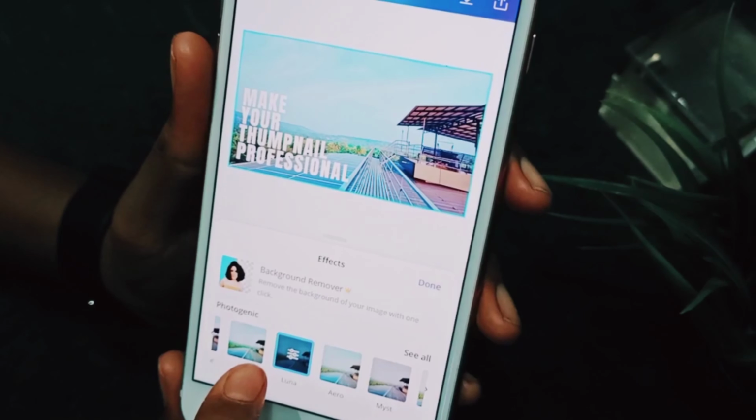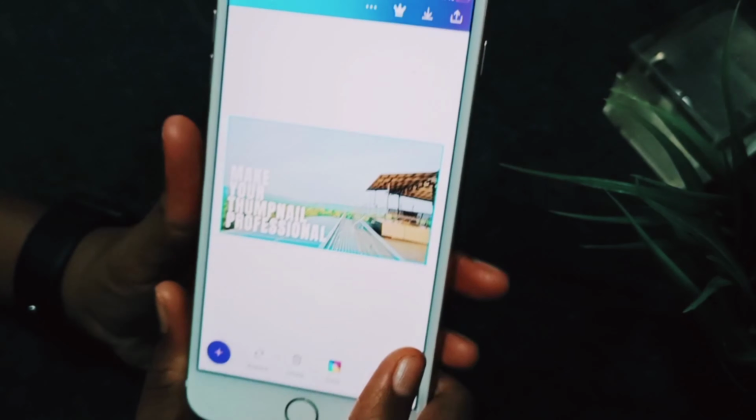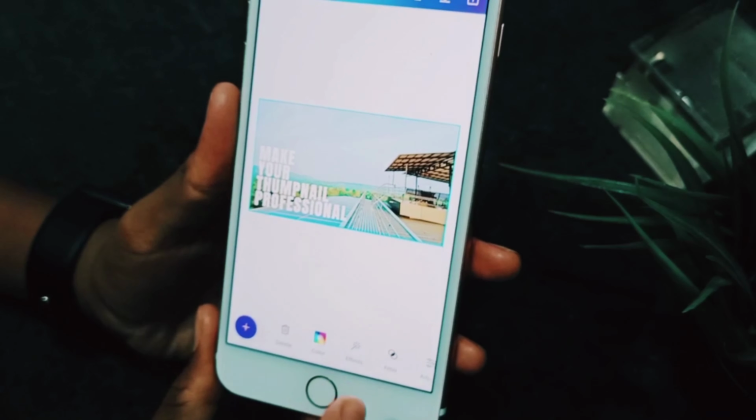So we are choosing this one. Next we can click done, and next we have our filter,